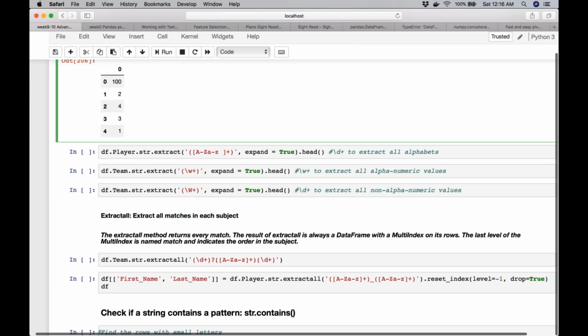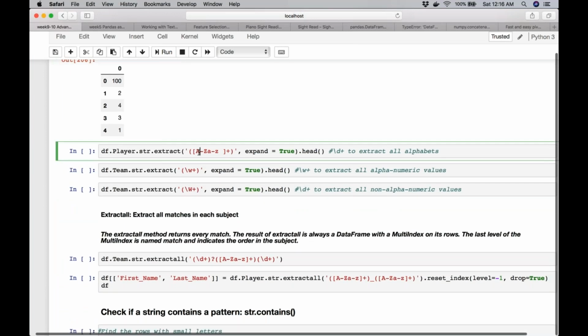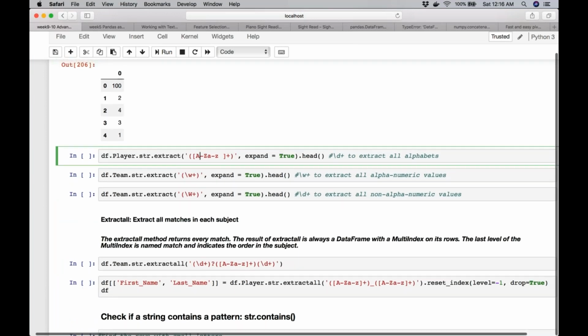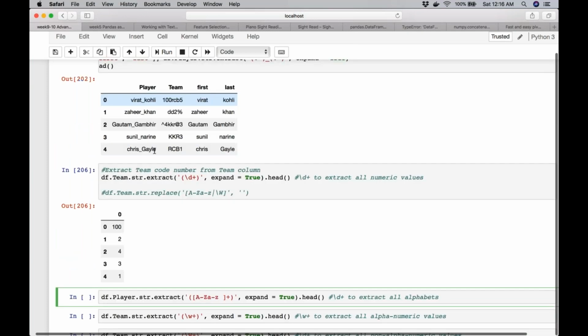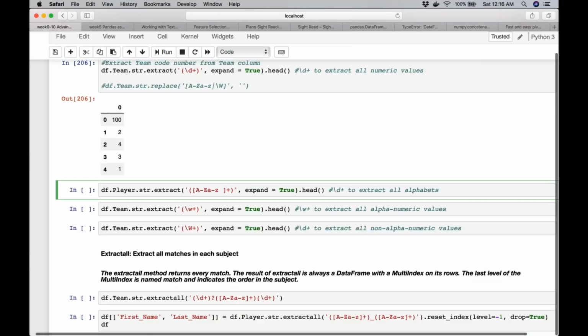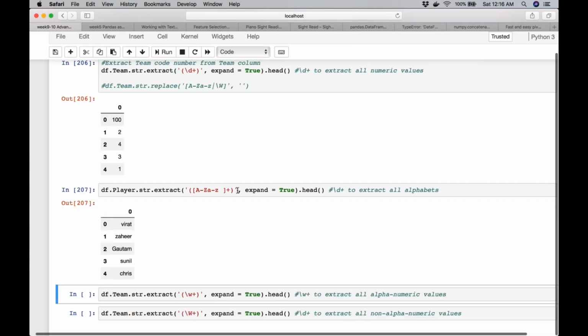Everything but alphanumeric. So now what are we doing with the player? Player is once again the names of the players separated by underscore. We want to extract all the names. So why did this happen?